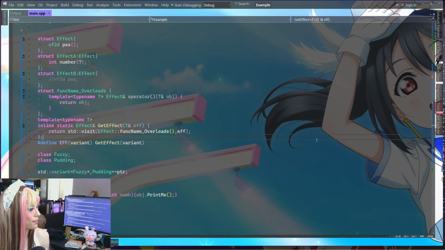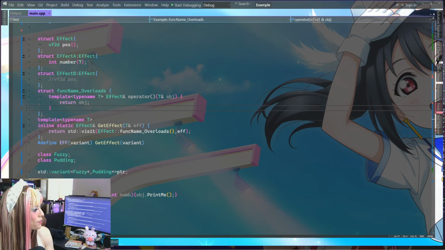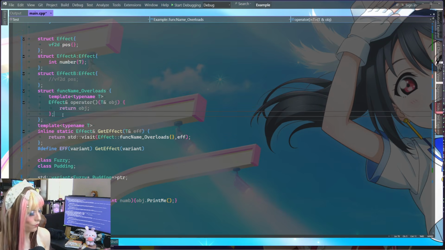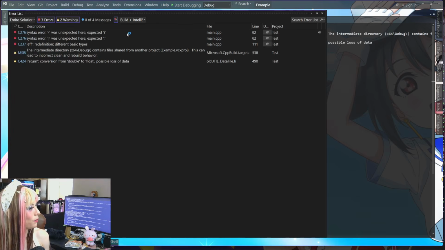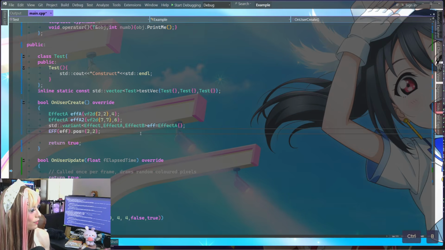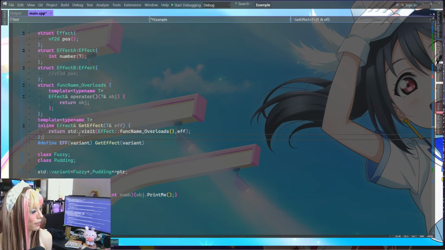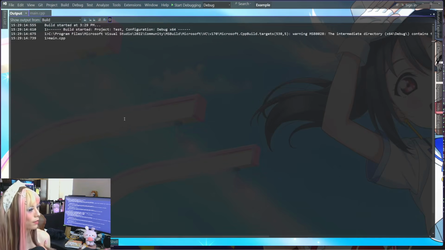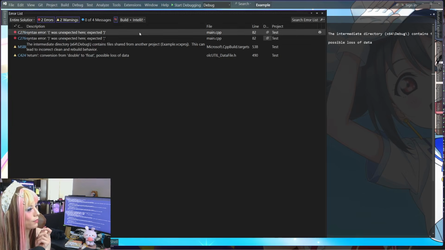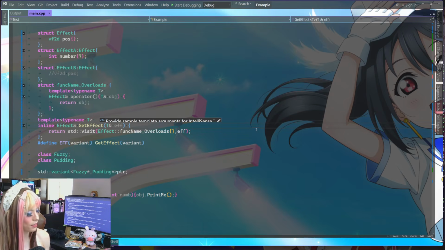What is this syntax error? I don't know why it says this is a syntax error. Is it because I missed one down here, maybe? Like a semicolon? No. We also have a redefinition, which I don't think should be a thing. Yeah, so that can go away. Yeah, I don't see it. I don't even know if you can have a static function here, I'll be honest. That doesn't really make sense, right? I guess it could be generated though. You could generate a static function, I'm pretty sure. That wouldn't be an issue.